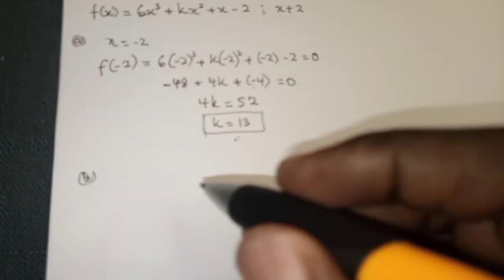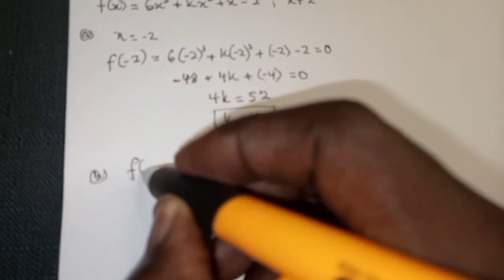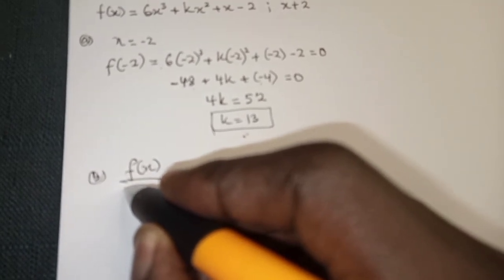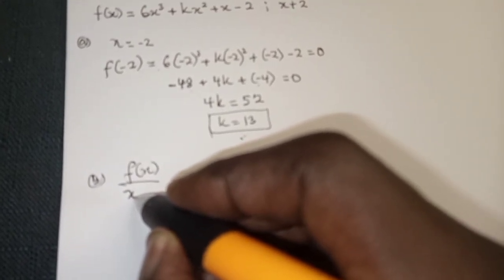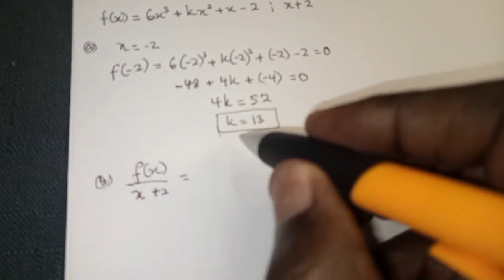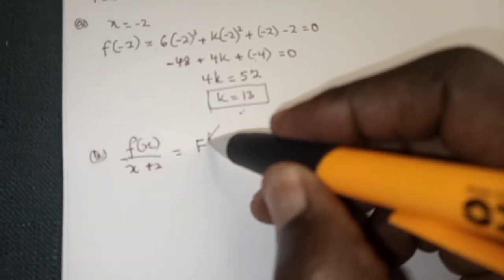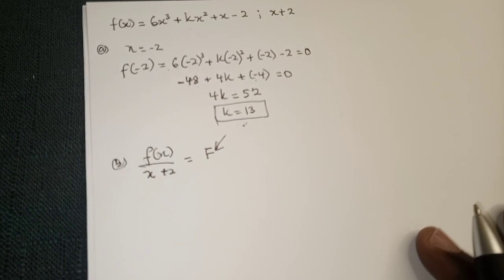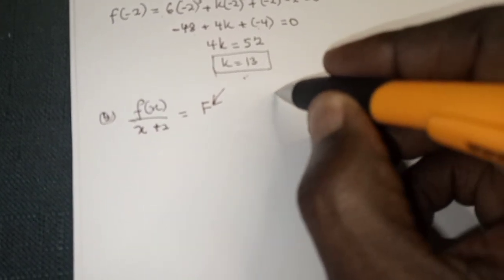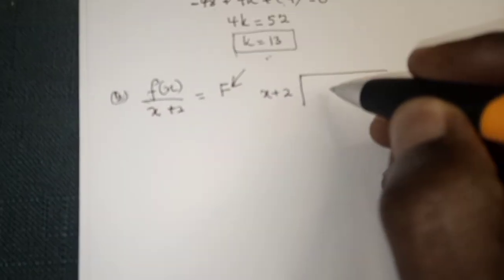So that simply means that our f of x being divided by x plus 2 should be equal to another factor, f. So this is what we look for. So we use the long division approach. So we'll have here x plus 2, then the function